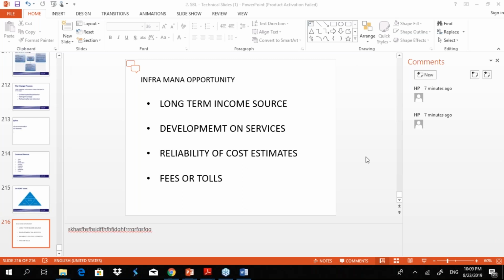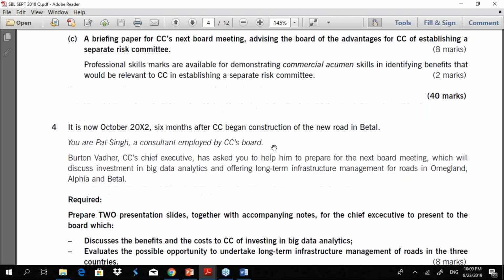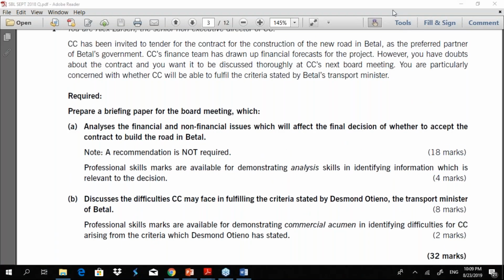Right now, if you look at the requirements, the first requirement is more of a generic requirement, looking at financial and non-financial issues for 22 marks.